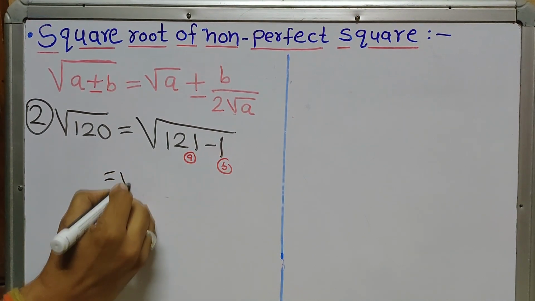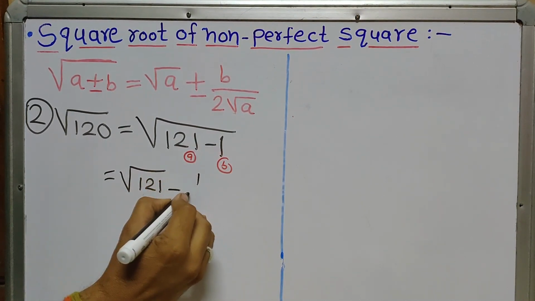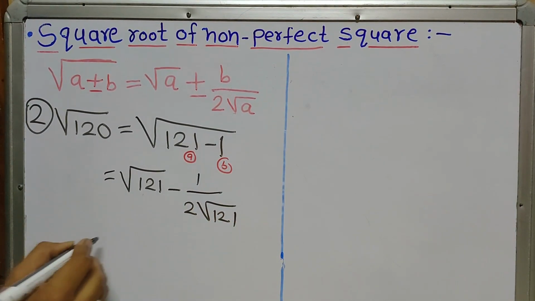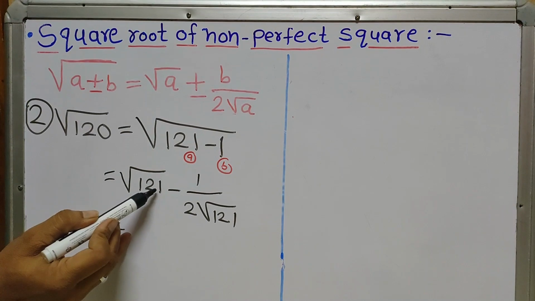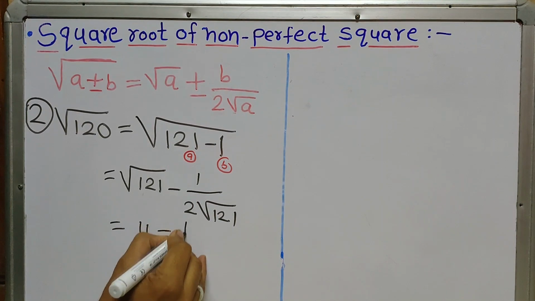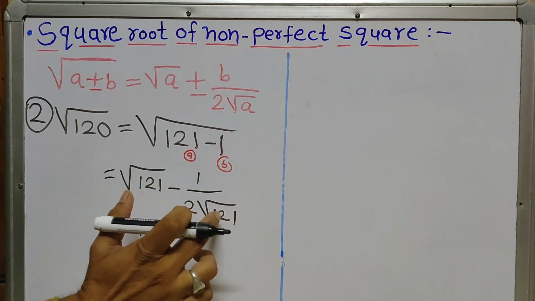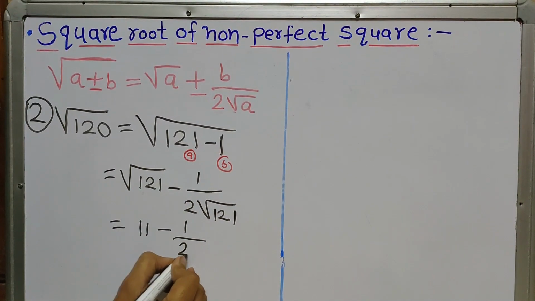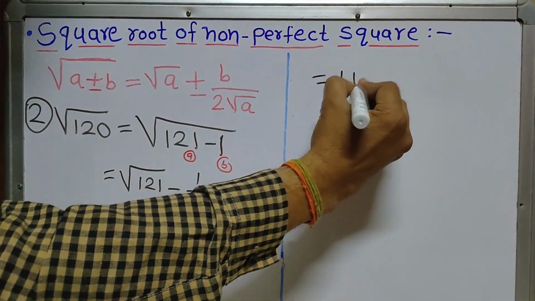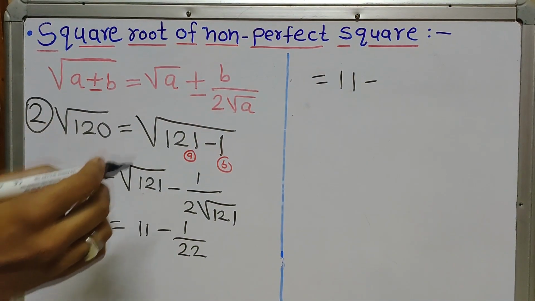Therefore, square root of 121 minus 1 upon 2 square root of 121. The square root of 121 is 11, minus 1 upon 2 times 11, that is 22. Therefore 11 minus, if we divide 1 by 22, then we get